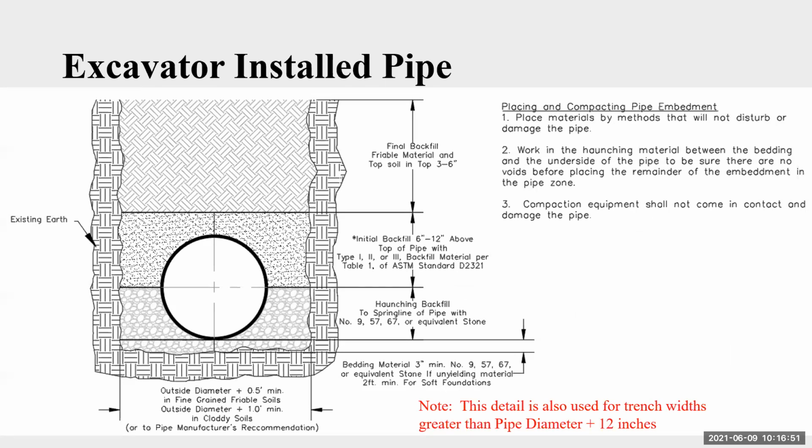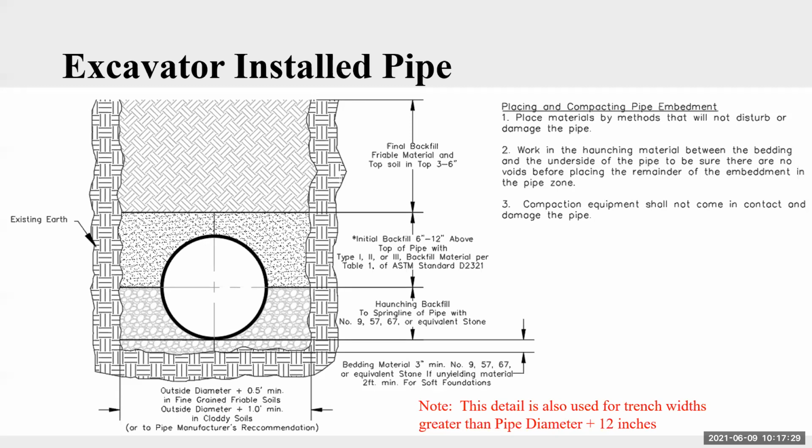If you're installing with an excavator and you're unable to keep a constant grade on the ground, which is pretty tough to do, generally we recommend backfilling with some gravel up to about halfway up the pipe. You put about 3 inches of gravel underneath the pipe, and you put it on both sides up to about halfway up the pipe. That fully supports that pipe, and it prevents any uneven settlement underneath there. Typically it's number 57 stone, but you can do it with a number 9 stone as well. And then beyond that, you just want to make sure you backfill with good, friable, loose dirt that will fully encase that pipe as you backfill.